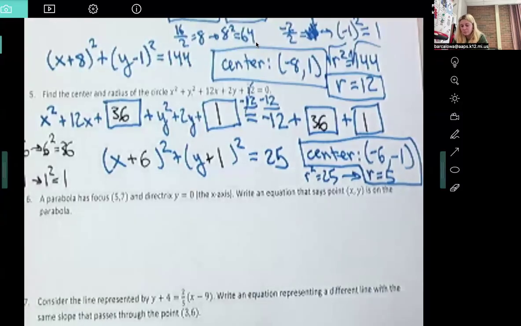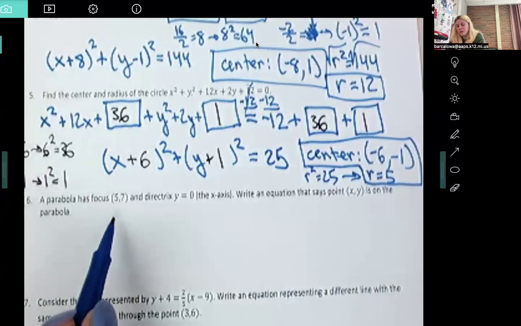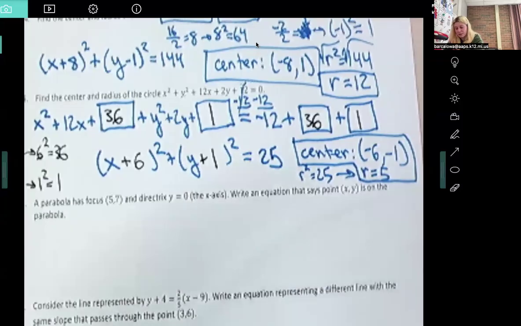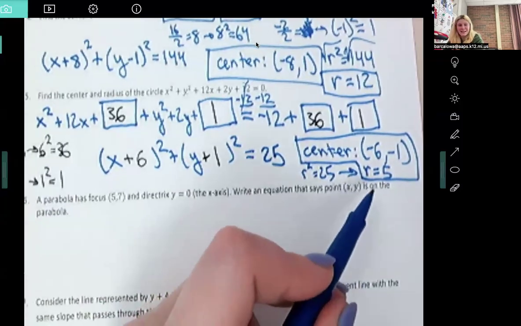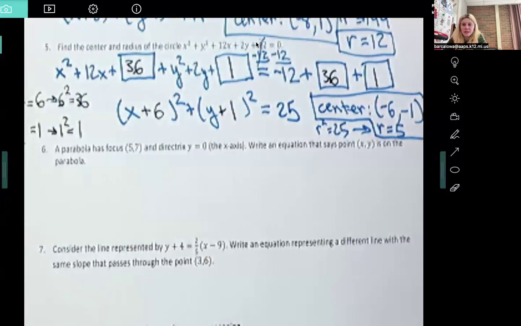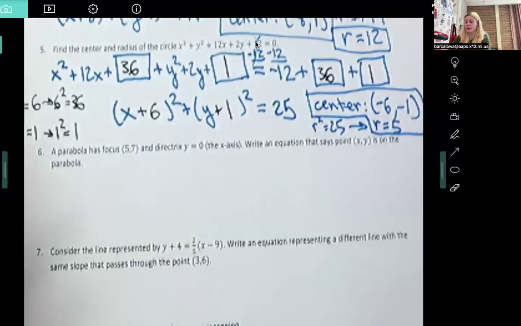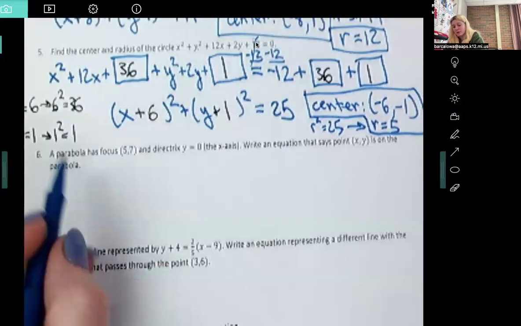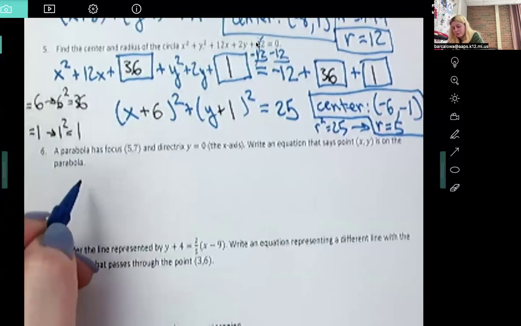Okay. So a parabola has focus 5, 7 and a directrix at y equals 0. Write an equation that says point x, y is on the parabola. Okay, so this is saying for any x and any y. That's why we're leaving them as letters. It's not a particular point. So writing this equation should be